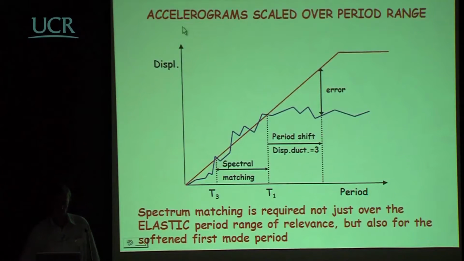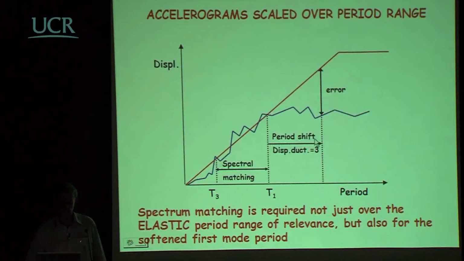But we need to make sure, if we're doing that, that we know what we're doing. For example, let's say this is the design displacement spectrum, and this is the fundamental period of the structure, the elastic fundamental period, and this is the third mode period, and we make the decision that we want to get the best spectral matching that we can do over that period range. So we do some sort of square root of the sum of the squares of the errors to get this particular shape here. And we see that that's got pretty good matching over this region. But we've forgotten the fact that what's happening as the structure goes inelastic is that this fundamental period now shifts